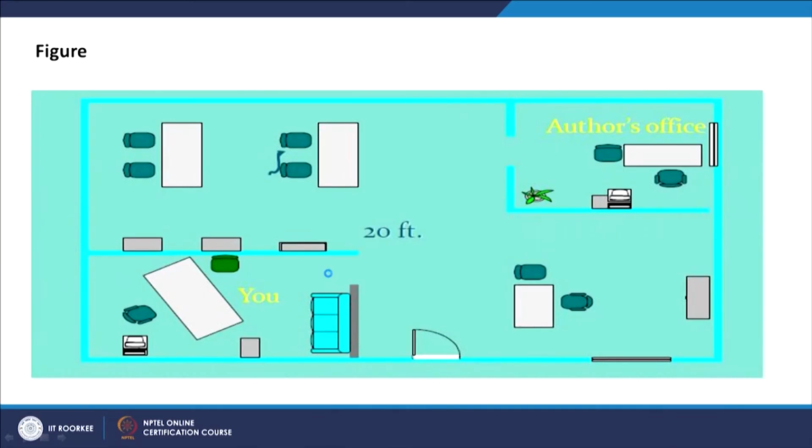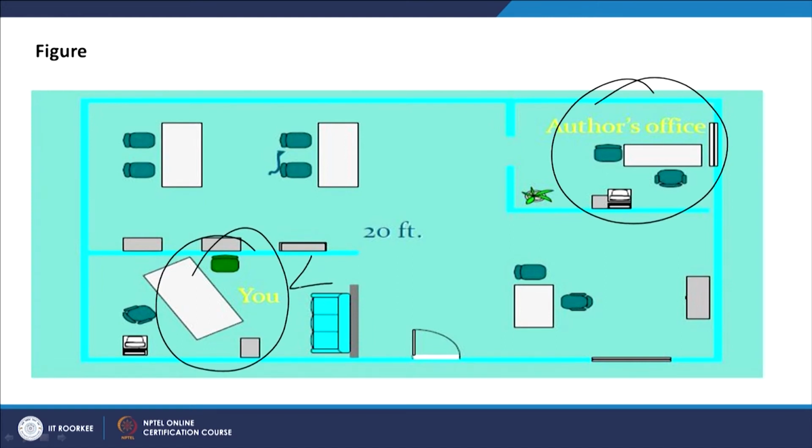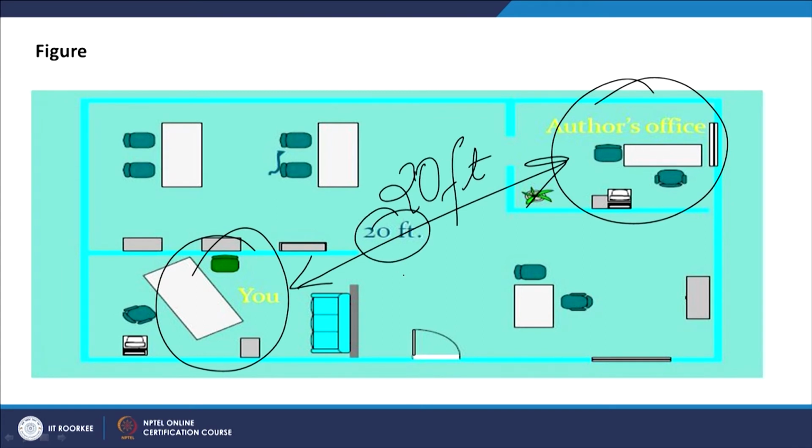Or we can take the typist as our subject. Typist is a worker. So we can make a worker or an operator type of flow process chart here by focusing on the worker or the typist, and we can make a material type of flow process chart by focusing on the contents of the letter that have to be sent out. So we can make two types of flow process charts here, and both of them we will try to understand. Now this is the figure. Here this is the author's office, this is the typist, and the distance already is specified as 20 feet.